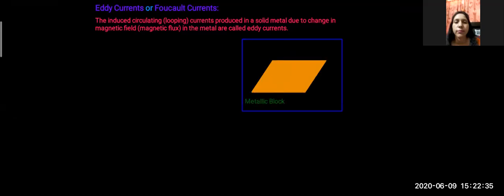The magnitude of eddy current is given by I equal to induced EMF upon resistance, induced EMF E upon R. We know that E equal to minus d phi over dt. So I equal to minus d phi over dt upon R. The direction of eddy current is given by Lenz's law or Fleming's right hand rule. I hope this is clear to you. In this figure, you can see the eddy current. This is eddy current.